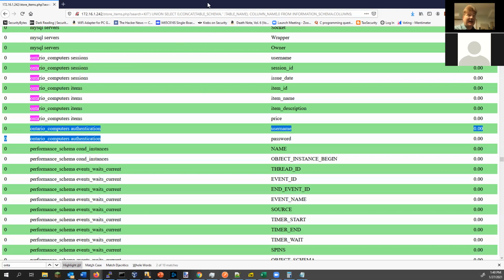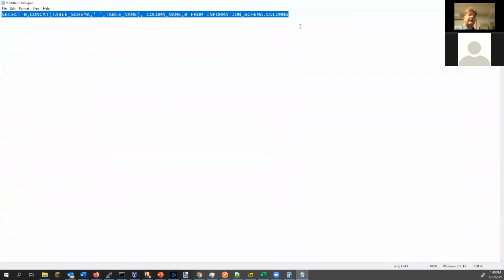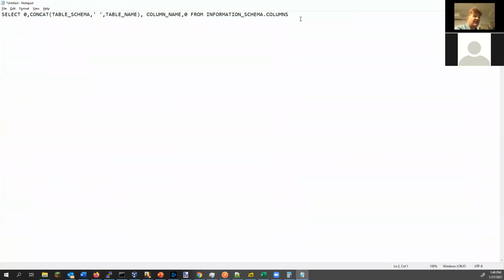Now that we know that, we can use this to find out some information, and we can use some pretty basic queries now. For example, let's take a look at what's in authentication. Authentication has exactly 2 columns. So let's go back here and plan out our query. Well, we can do a select all from,